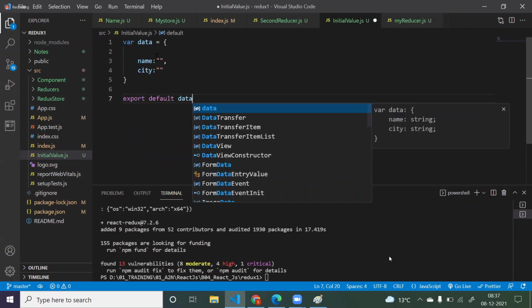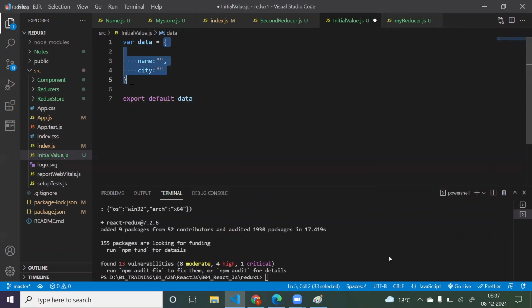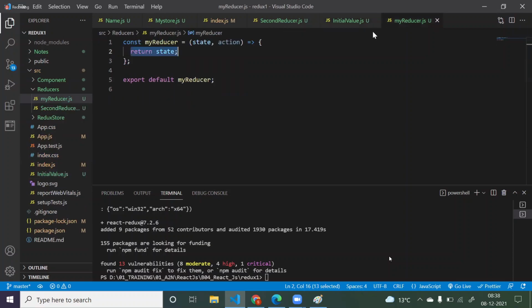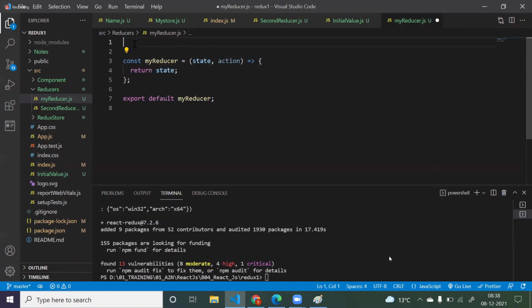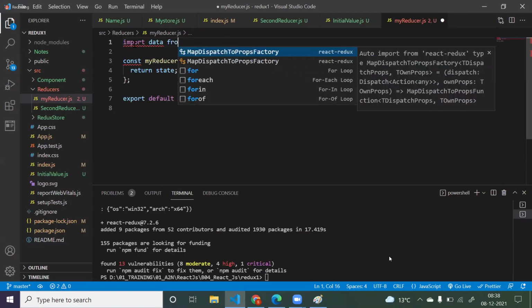Now this object I want to keep by default in my Redux store. So what we can do, let's import this particular object in our reducer. Import that initial object in your reducer. How to import? Simply you have to say import data from